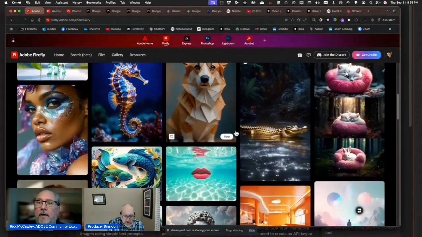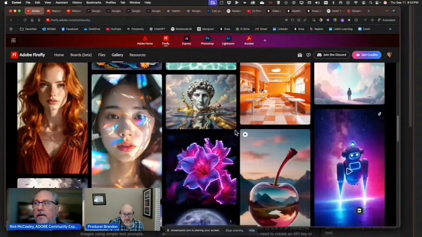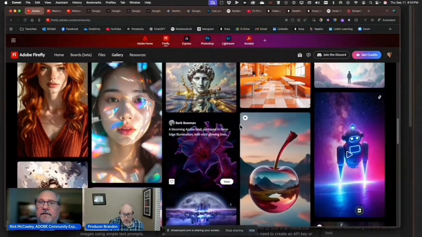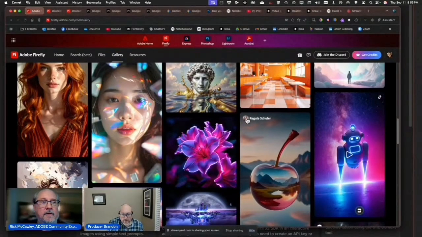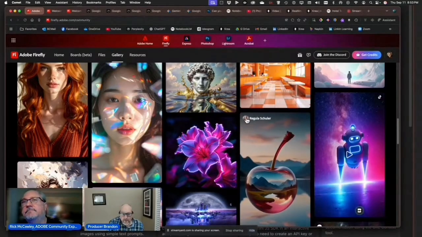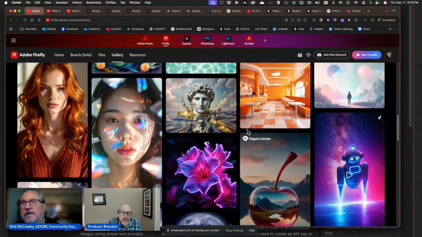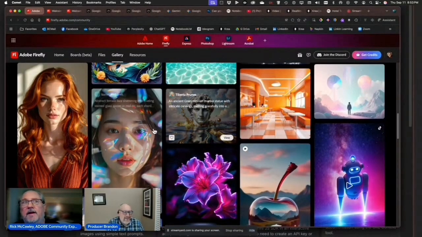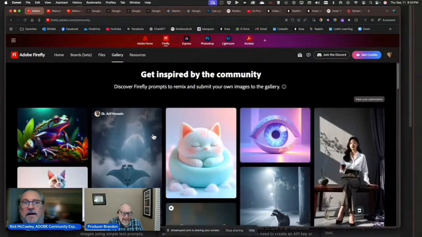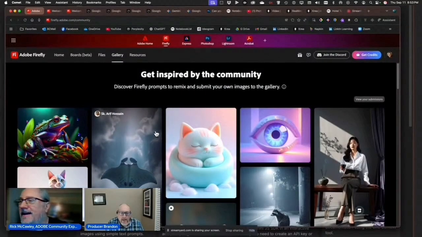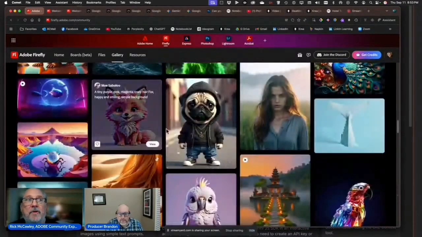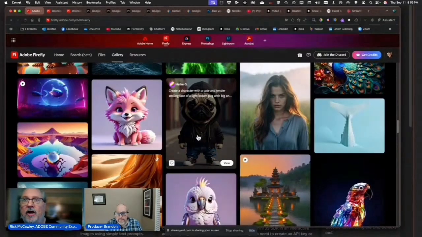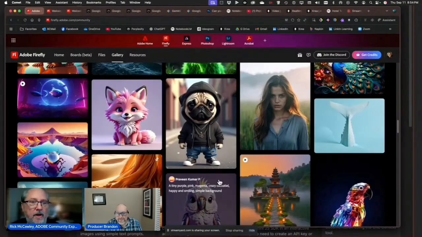there's a big push right now in the industry against AI slop because a lot of these tools are capable, when not properly prompted, of producing lackluster content. It's beautiful lackluster content, but it lacks depth. It lacks storytelling. Character. There's no storytelling. That's what human beings want to see and hear. I mean, it is kind of cool to take your pug dog and make him a street gangster, but so